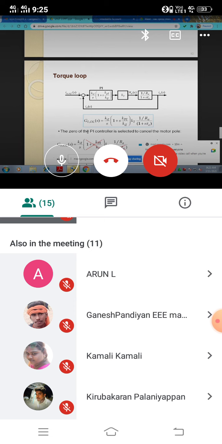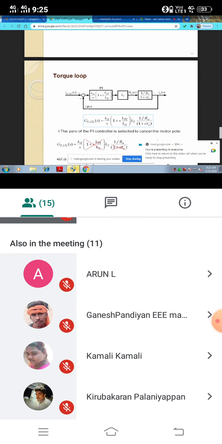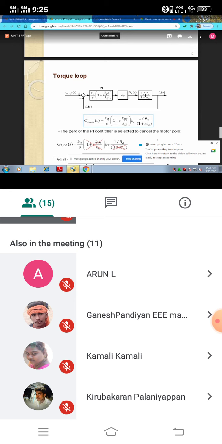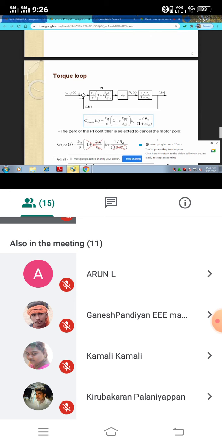Okay, no problem. Let me solve this block diagram reduction. This format looks like a block diagram. Now we are going to solve it according to the block diagram rules. We have 11 rules of block diagram reduction, so let us recall those rules. These three blocks are cascaded, which means a series connection. We multiply those three blocks according to the first rule of block diagram reduction.